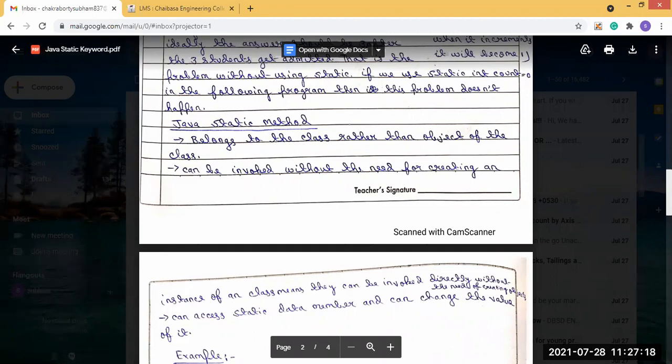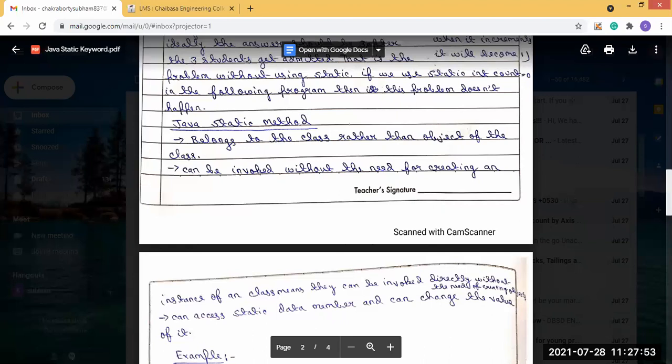Now what is a Java static method? A Java static method belongs to the class rather than the object of the class. That means a static method belongs to the class, doesn't depend on the object of the class, and can be invoked without the need for creating an instance of the class.